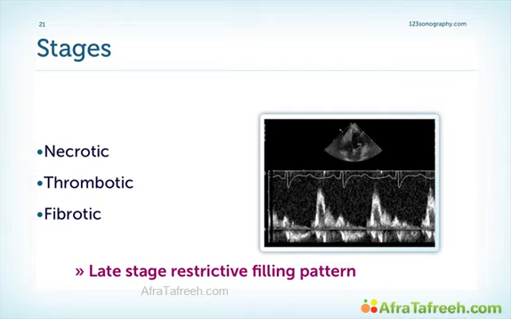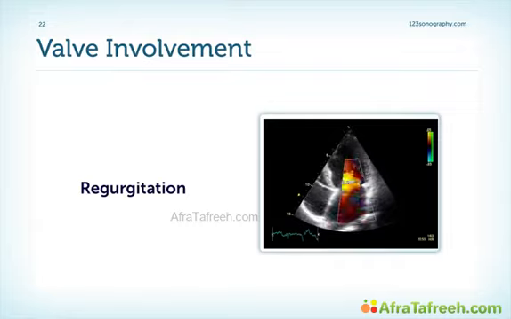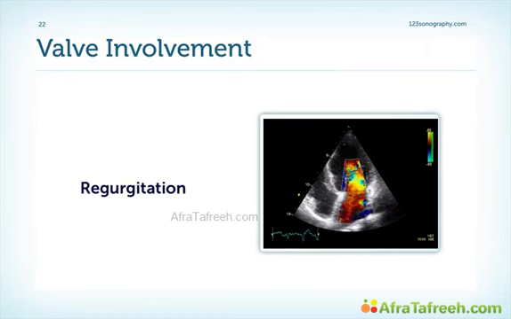So as you saw in this patient, and as I mentioned earlier in the presentation, patients with restrictive cardiomyopathy do not necessarily have to have a restrictive filling pattern. This patient only had pseudonormal pattern. So there are different stages which also are described as a necrotic stage, a thrombotic stage, and a fibrotic stage. And we know that a restrictive filling pattern is way at the end of the line of the disease. It's a late stage sign. Since fibrosis also involves the endocardium of the valves, you can expect to also find regurgitation in many patients. Sometimes regurgitation can be very severe. Usually in these cases you find a restrictive motion of the leaflets.